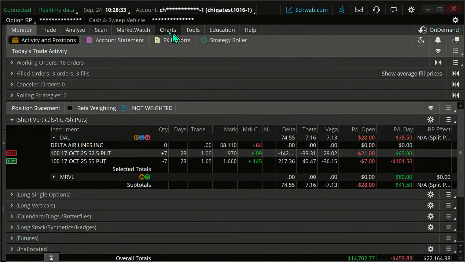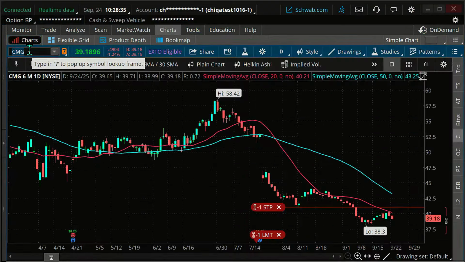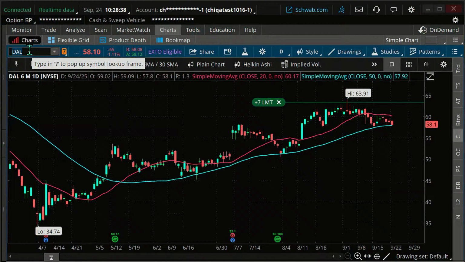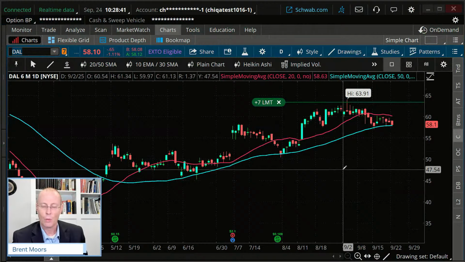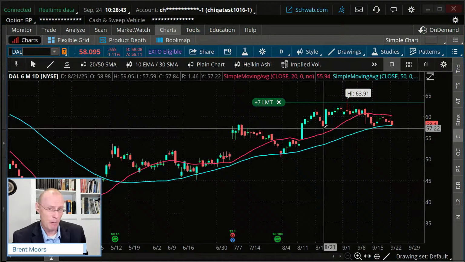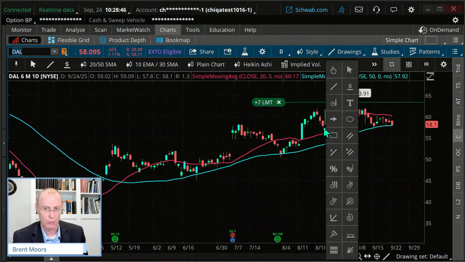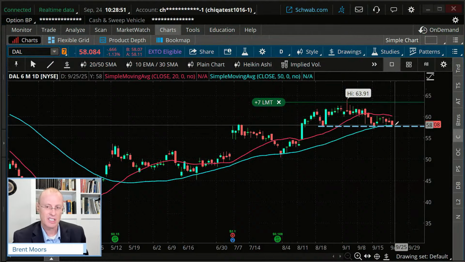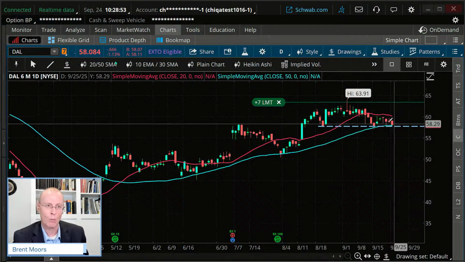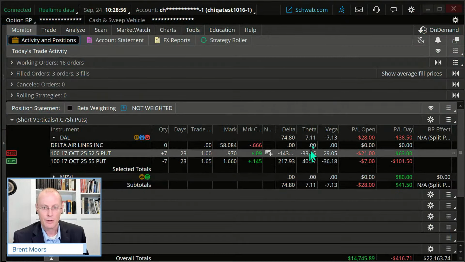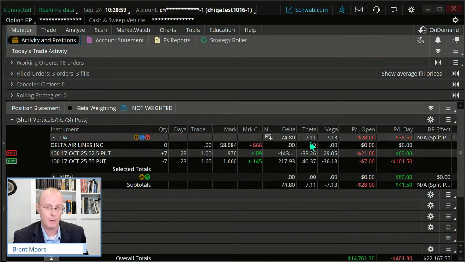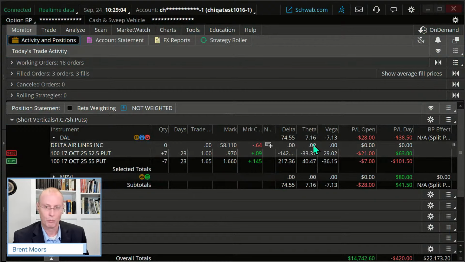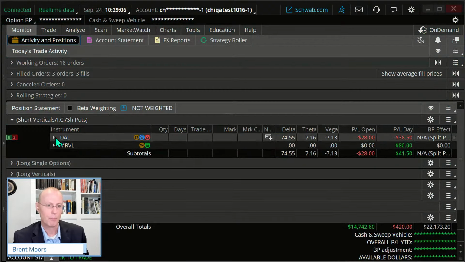Are we still bullish on Delta? Let's take a look. If we're still bullish on Delta, or at least kind of neutral, then we'll stick with it. It's not super bullish, it seems, but it's reasonable to consider a support level here. So let's stick with it. Let's let time decay work on the trade, because remember, this is a positive theta trade. Time decay is helping us out. And it's not bearish. If we turn very bearish on this, we'll probably just look to get out. But we're going to punt on that one and stick with it for a little bit longer.